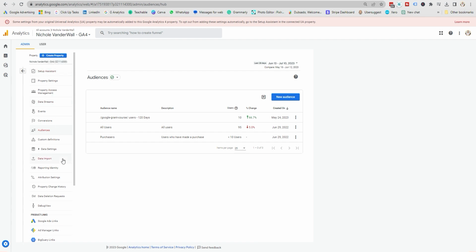So in the property column, we're going to go ahead and click straight into audiences. Pretty self-explanatory there. And now I'm going to show you how I would create an audience. As you can see, all users and purchasers are default audiences that they'll send automatically if your Google Ads is linked properly,